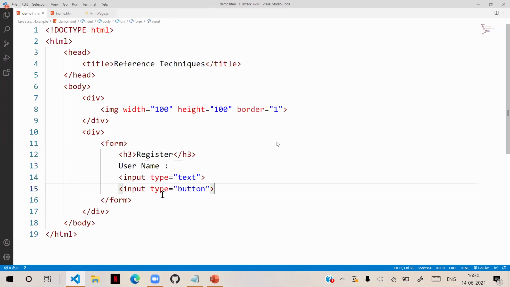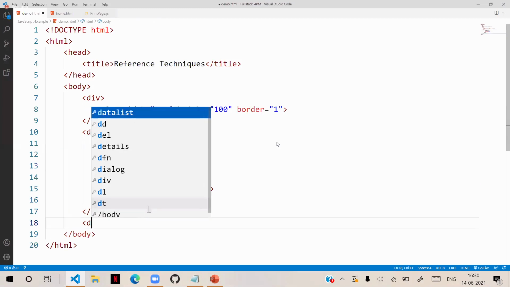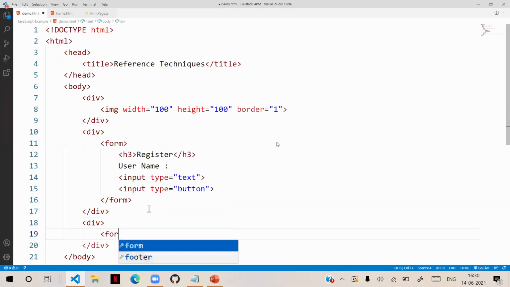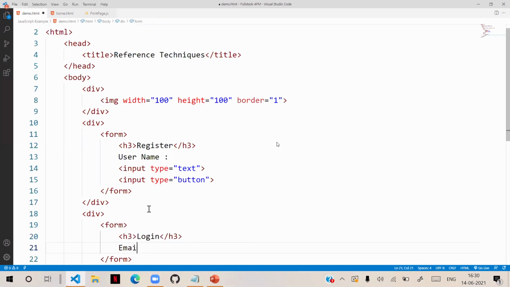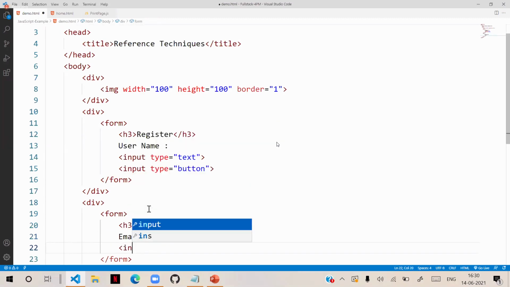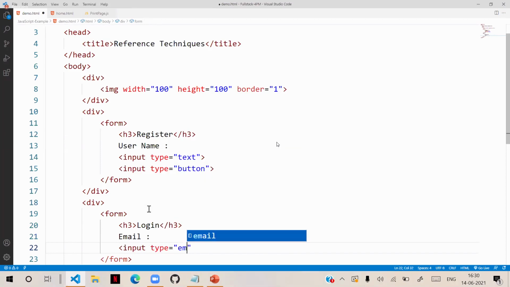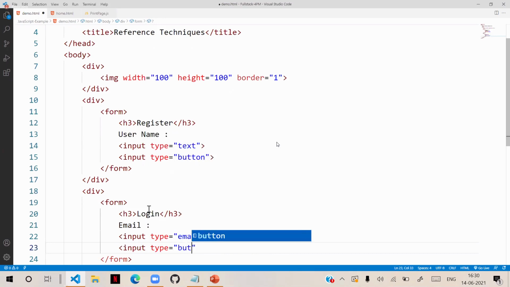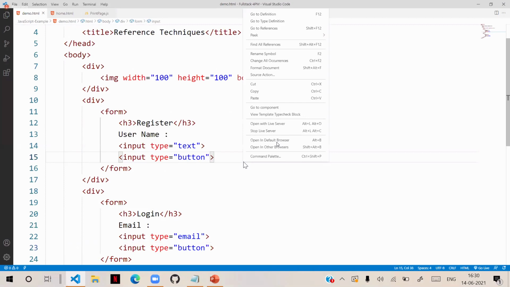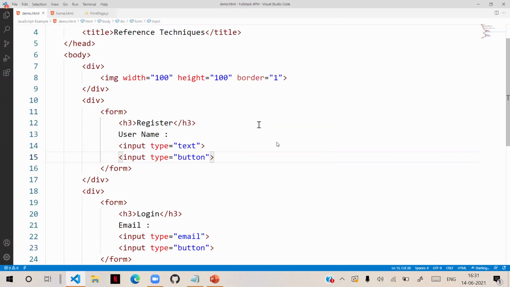There can be multiple forms. Suppose I have another div, and in that we have another form, login, and email. Input type is email and input type is button.